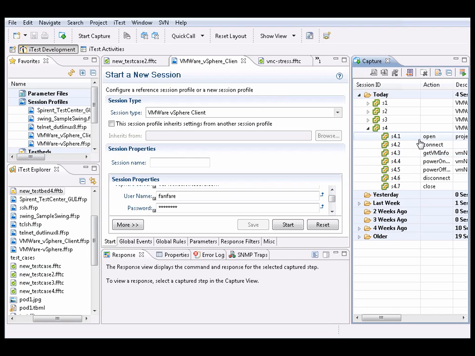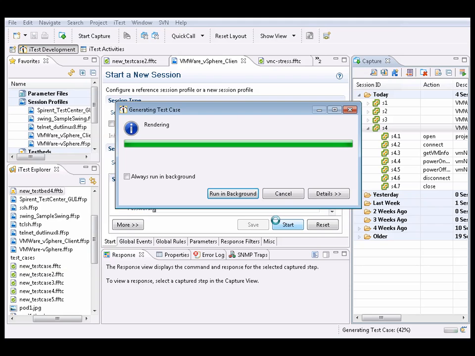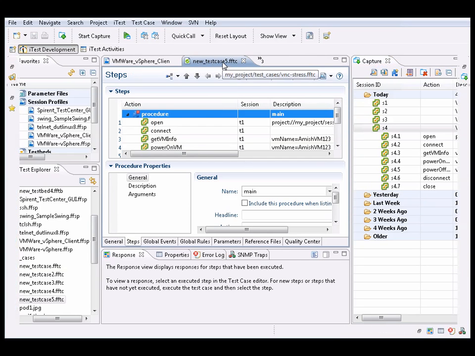Let's take a look at our last session here, the one that we just captured. So you can see that we have important steps like obtaining the information about the VM we've selected, powering it off, then powering it on, and then powering it off again. So we can create a test case out of this. Let's just accept the defaults for this. And you'll see that we have a new test case